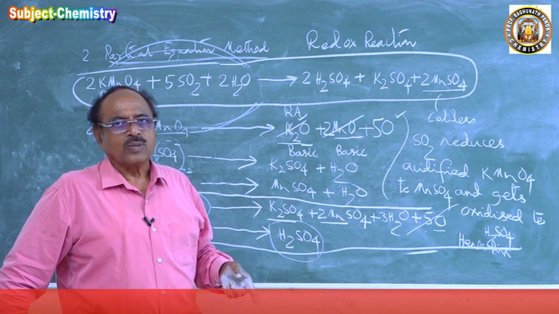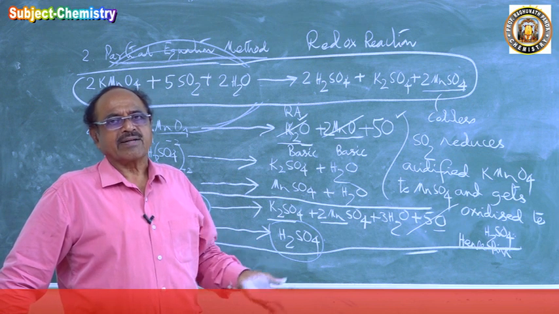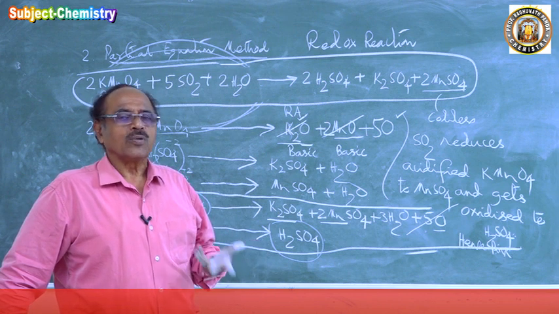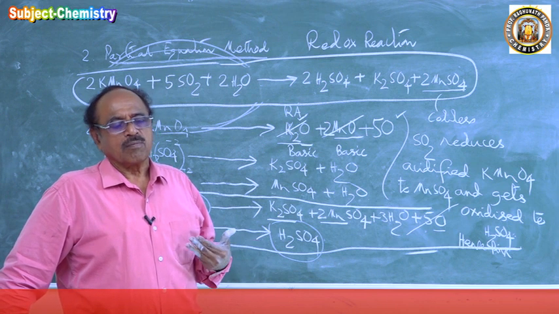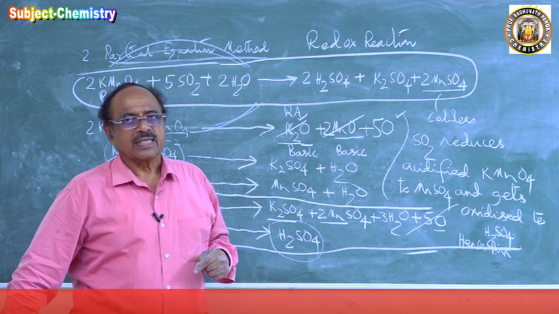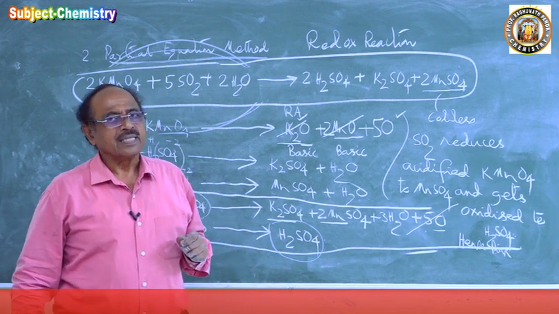Again, next class we will take potassium permanganate and potassium dichromate, and balance a few equations. Then we will go to how acids react with metals by the partial equation method. We will balance them. Thank you very much. We will go for the next class. There we will go through potassium permanganate and potassium dichromate reactions.